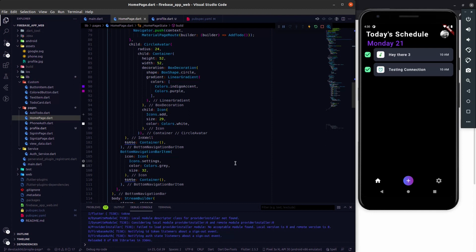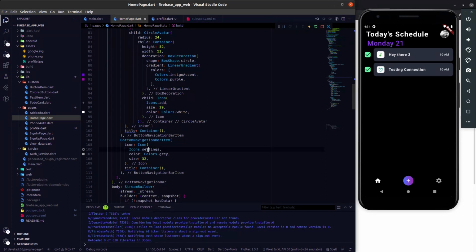So what I suggest is, I will put a link on how you can use the bottom navigation bar. I have covered it very nicely in my Myntra clone series. I will put the link in the description. Just go and watch how you can handle all the bottom navigation bar related things. But for our case, this is a setting page.